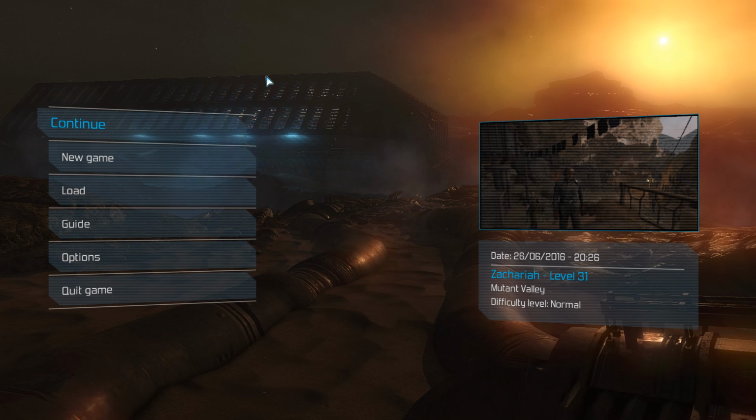So, what is the Technomancer? It's an RPG developed by the studio by the name of Spiders, the same team that made Mars Logs and Bound by Flame. I see many folks are trying to compare this to The Witcher 3, but I'll say this,